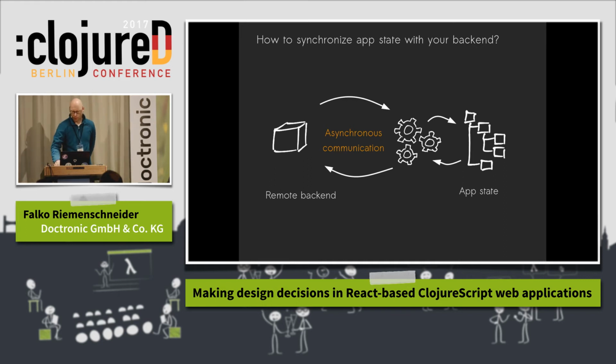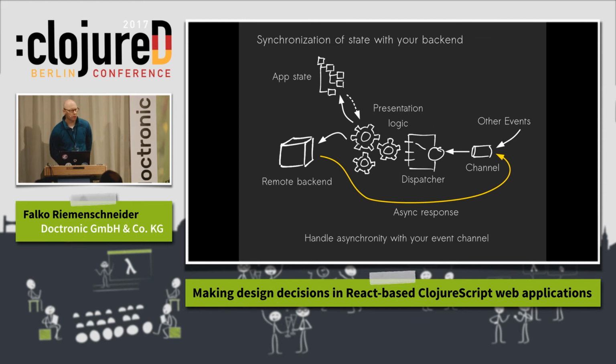And the first thing I would choose to do is, if you receive a response from a remote backend, just treat it as an event and put it into your big event loop in the channel so that you can treat it uniformly by your presentation logic. So that makes communication with your backend relatively painless and seamless, because you just have this dispatcher and this logic to decide what you want to do with the response anyway